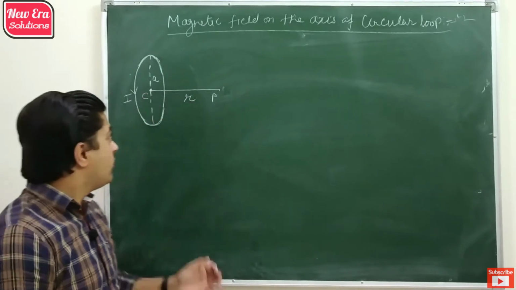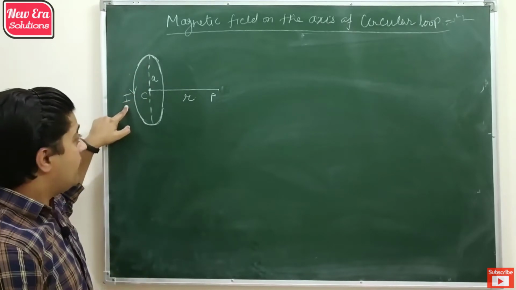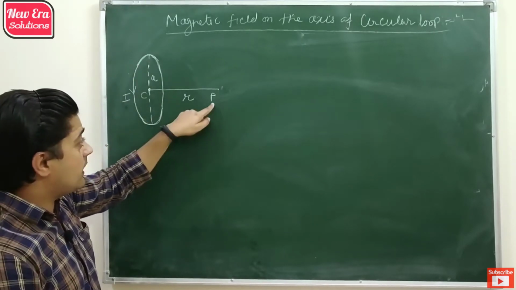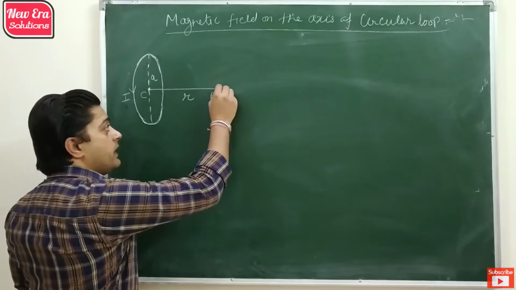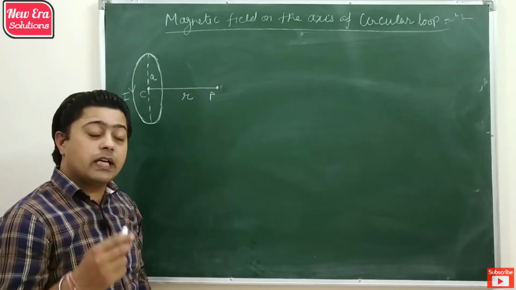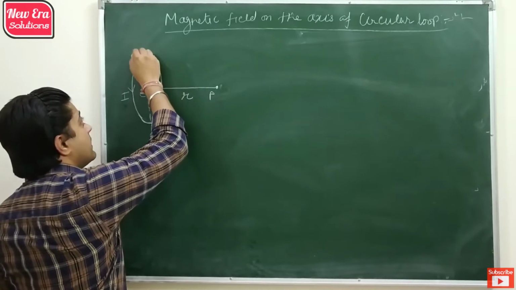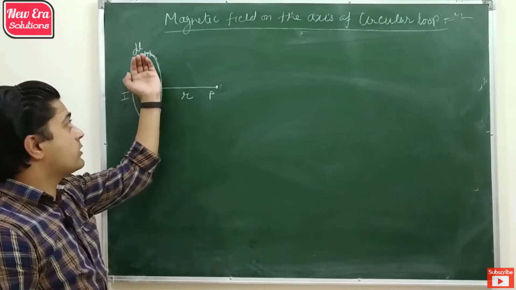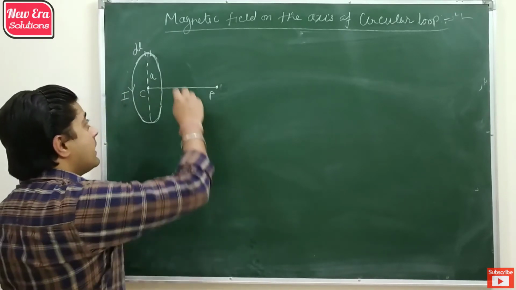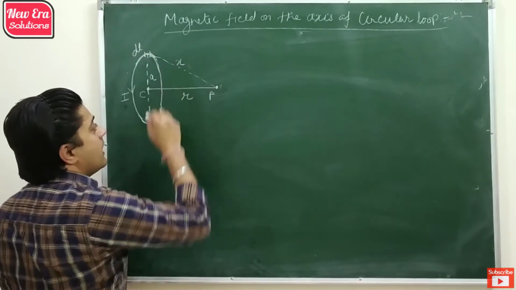So for that we took a current carrying loop of radius a carrying a steady current I, and this loop is basically perpendicular to the plane, and we have to find the magnetic field at point P, which is at a distance r from the center of the loop. So for that we have to take a current element. We assume a current element dl having the direction of current which is outward, so the displacement vector is also outward. Let the distance of this current element from the point P be x.